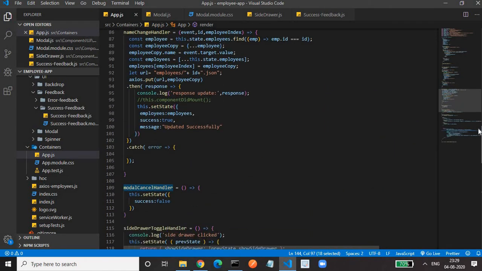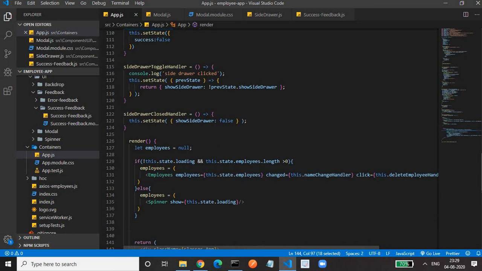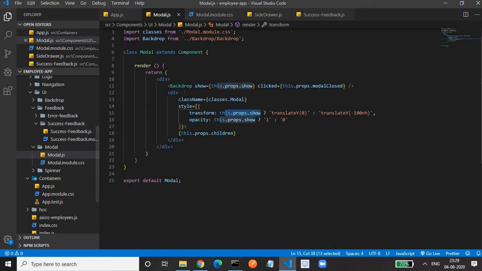So this is the function in which we are making success as false. So when success is true, we are showing the modal window. When modal is shown, then backdrop is also shown.